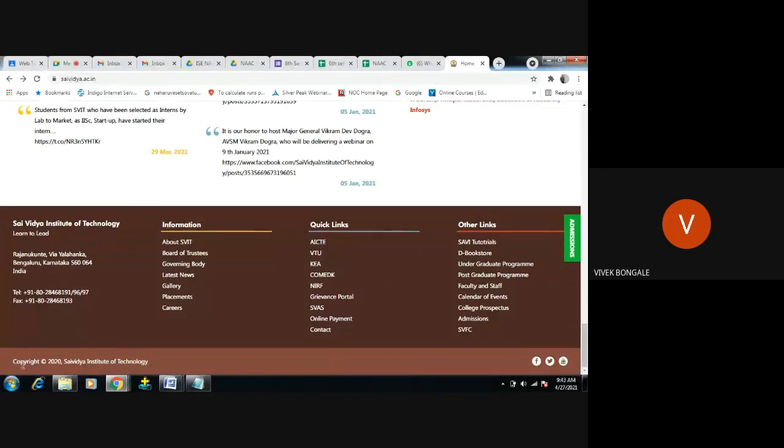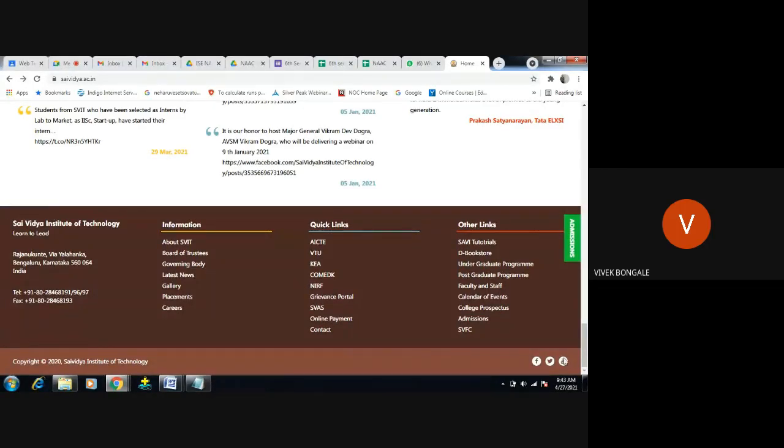And see, at the footer part we have given the copyright symbol: Copyright 2020 Science Institute of Technology. To display these things, which type are we going to use? Character entity, right? This symbol is not there on our keyboard, right? It is a C encircled with one circle. This type is not there, so for that reason we are going to use a character entity. Some words we are going to use in our code, and if the browser comes to know that, it will display this particular symbol on the website, right?